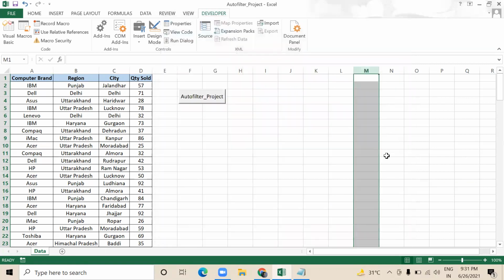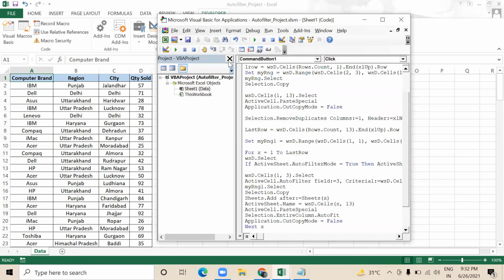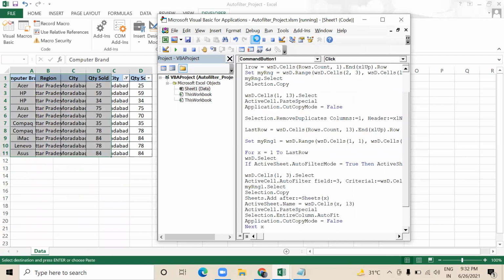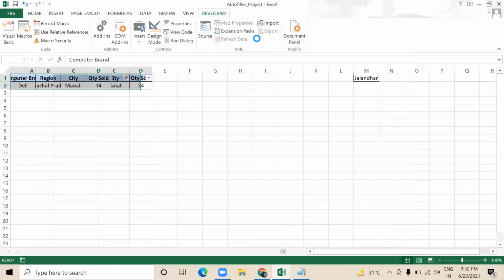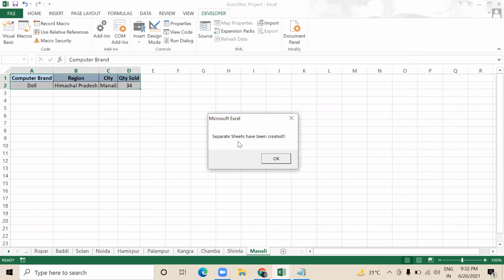Okay, so let me run this in one go. Yeah, separate sheets have been created.